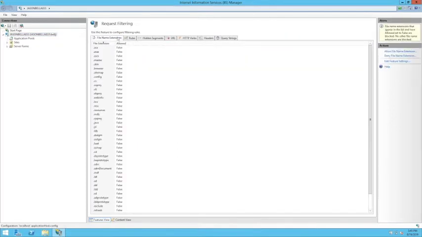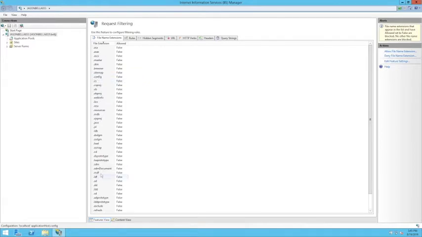And the request filtering module has a bunch of options here for blocking incoming requests before they ever actually get to our application. Now, one of them is a file name blacklist. And so this list of things in here in request filtering says, if a request comes in that has this file name in the request, just don't serve that, reject that. And we look at some of the things that are in here like .csproj, .config,